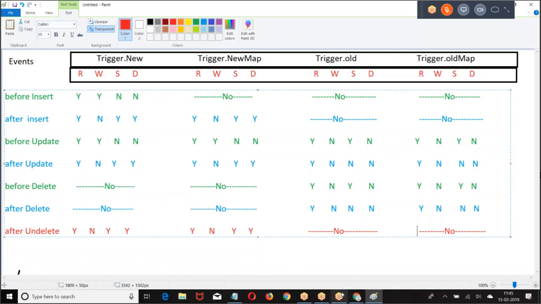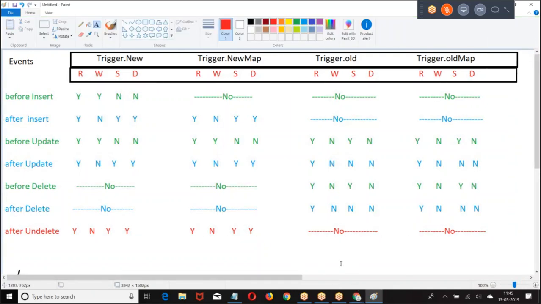Right, boss. Someone has asked me how we use custom settings with respect to triggers. Let me demonstrate one example for you.